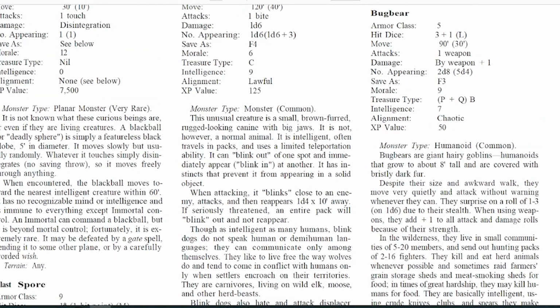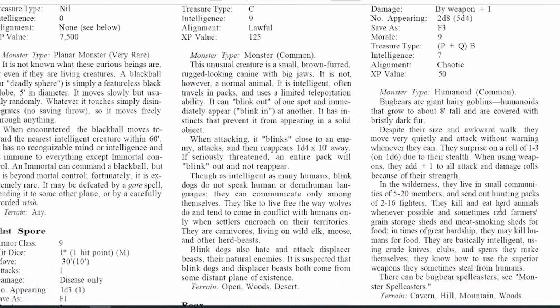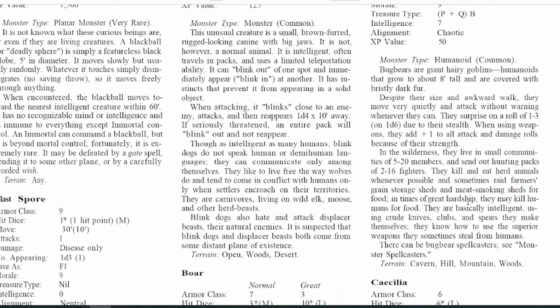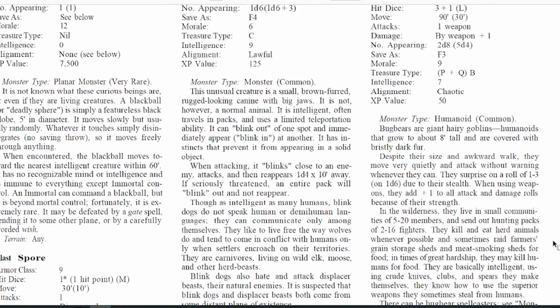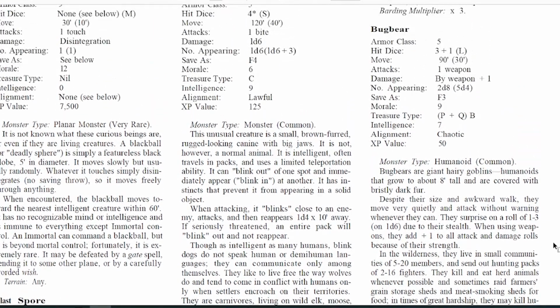So let's say we look at something like a Bugbear here. Its alignment is chaotic. It's described as: they sneak up on people. They kill and eat herd animals and sometimes raid farmers' storage sheds. And in times of great hardship, they may kill humans for food. They're basically intelligent and they know how to use superior weapons. So you would say that this, even though it's a chaotic monster, even though you may think of bugbears as